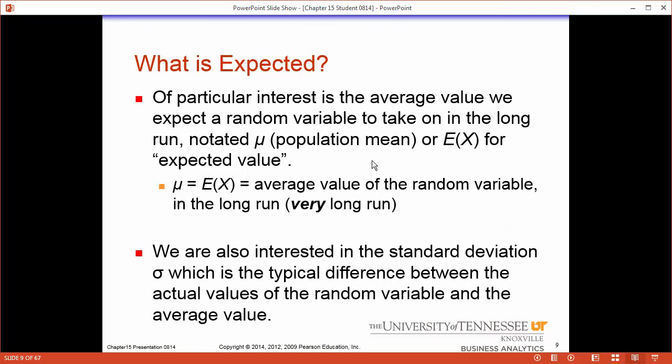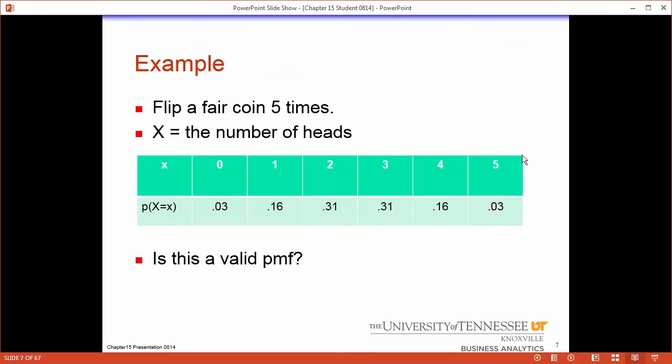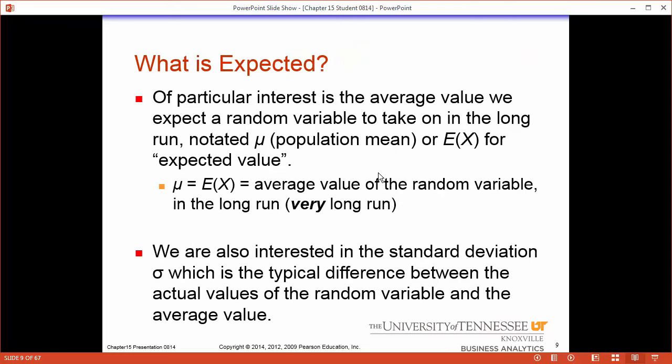So if I go out and I start flipping a coin, if I flip it 5 times, I might get 0. I might get 5. But if I keep doing this and I start looking at the long run, well, usually when I flip the coin, I'll be more likely to get these events because they're at the average. So the mean is what we observe in the long run. This is very similar to our law of large numbers. So you will observe this mean after multiple trials.